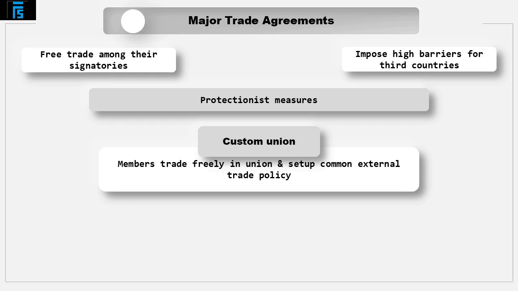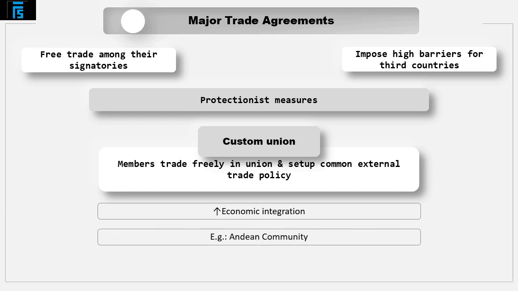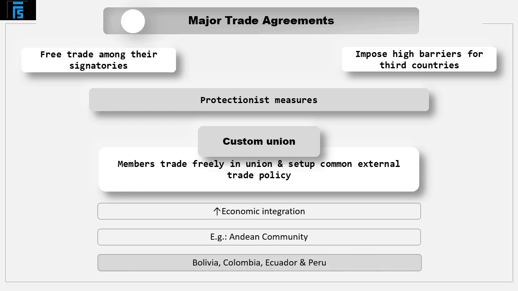Consequently, a customs union represents a higher degree of economic integration between countries than in the case of free trade agreements, where each of the countries typically adopts its own external trade policy. An example of a customs union is the Andean Community, comprising a number of South American countries: Bolivia, Colombia, Ecuador